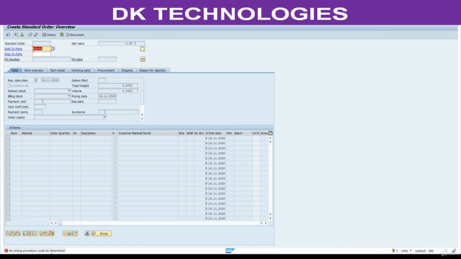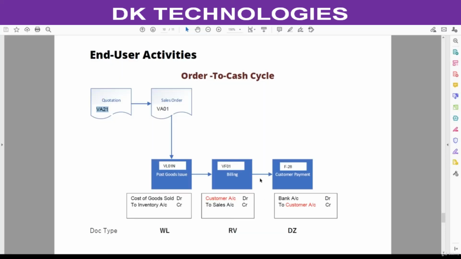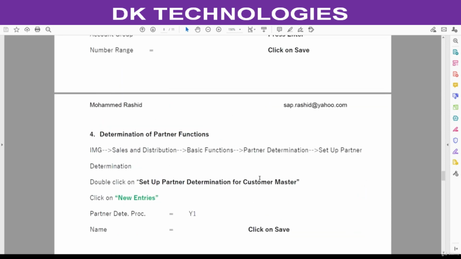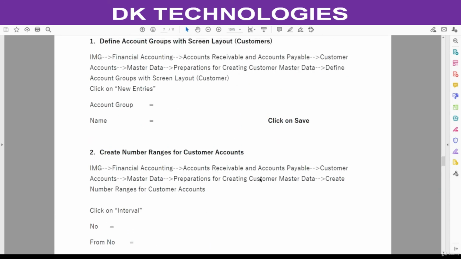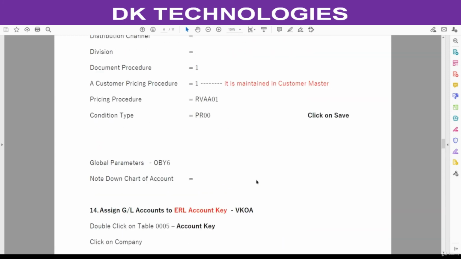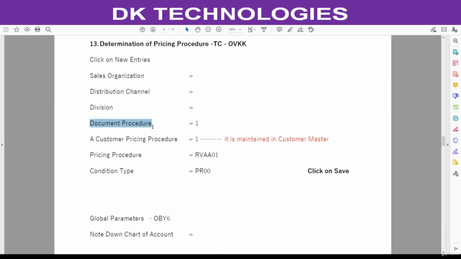No pricing procedure could be determined. Pricing procedure configuration. Document procedure, customer pricing procedure. We have an issue with the sales organization, distribution channel, division, document procedure.